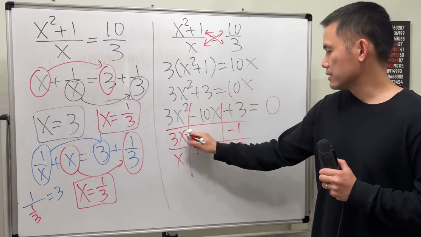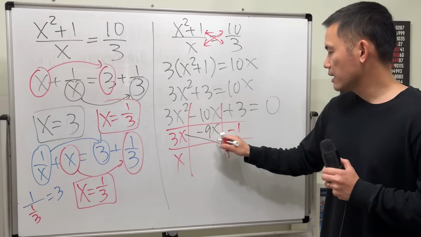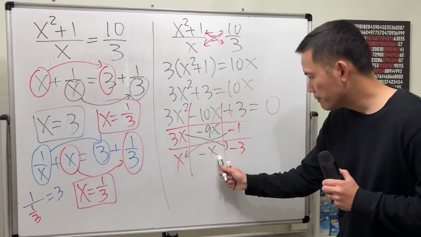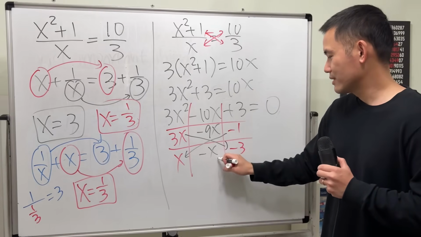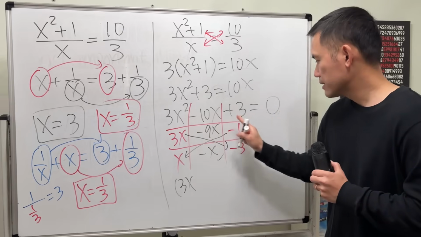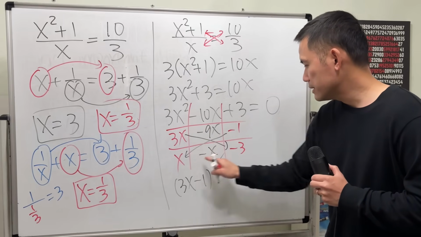It works, because this times this is negative 9x. This times this is negative x. Together, we do end up with negative 10x. So that works. So 3x minus 1 times x minus 3